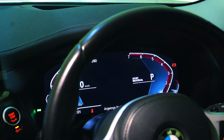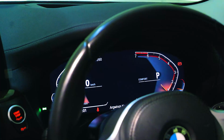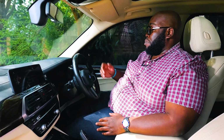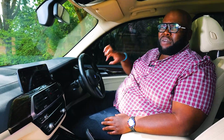Now we move to the instrument binnacle, because this is where the magic happens. So also here we have a 12-inch color display, digital high resolution. Basically, on the left hand side you have the speedometer, the right hand side tachometer, and then also you do have your temperature and fuel gauges on the left and right hand side respectively. And in the middle you do have also a display, a secondary display that gives you all the vital information